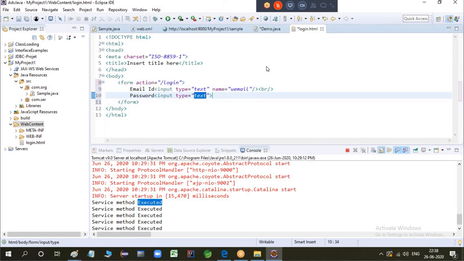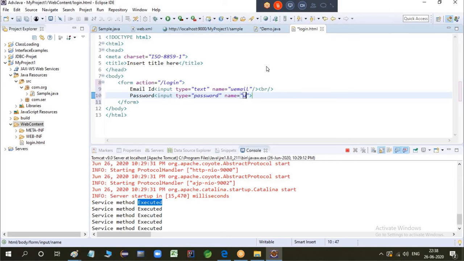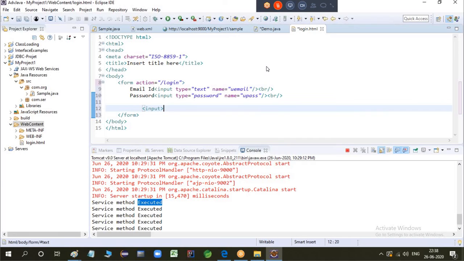Type is equals to, if you wanted to hide your password, there is a tag called password. Okay, so it will not be in the text format when you're entering the password. And name is equals to, so I'm giving some name you pass that will be read by the servlet, break. Okay, enter email address and password. I wanted to give as submit option.